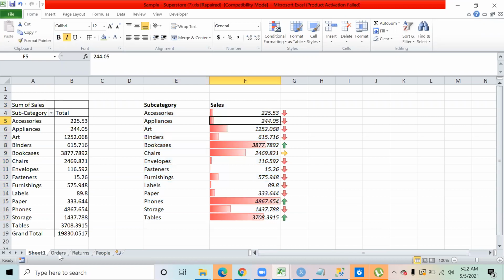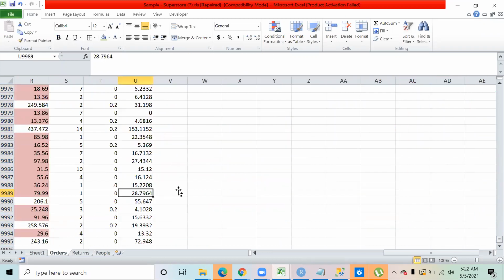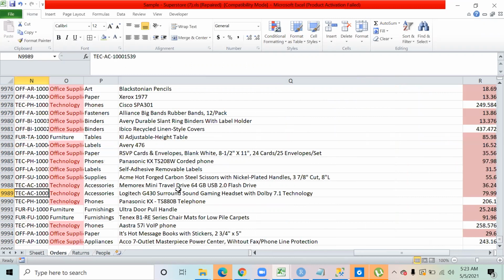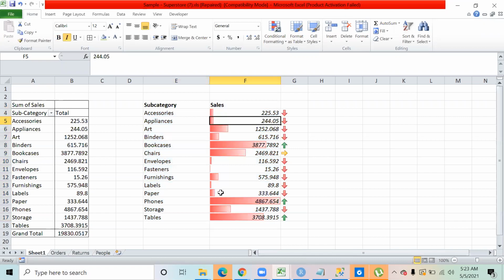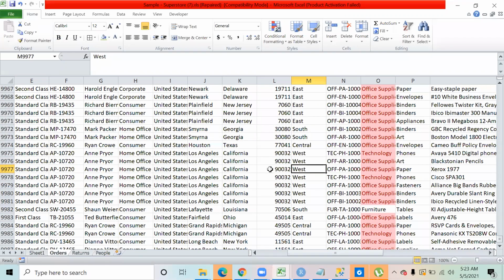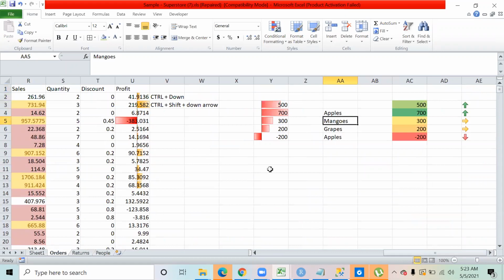I have a question, Amit. In the earlier chart that you were showing, there were 200 and 300 values, and in both cases there was a horizontal arrow. Both of them were treated in the same way, though those are different values. How is this up arrow and down arrow decided? Is it on the basis of the average sales, so that more than average goes up and less than average goes down?